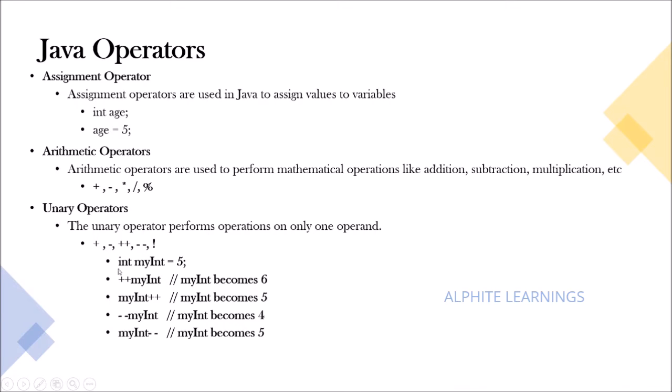So what all these things will do is, the unary plus will do nothing. Normally the numbers will be positive. Even if it is negative, if you give plus in front of it, it is going to be negative. So typically, unary plus does nothing. Even if you add it, it is going to do nothing.